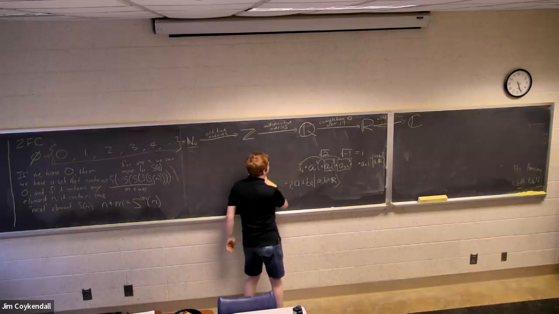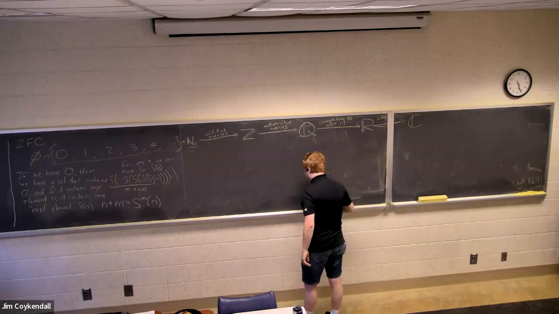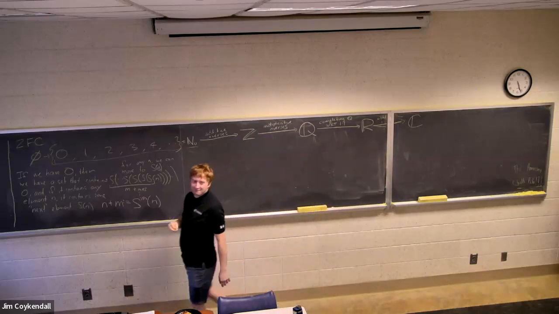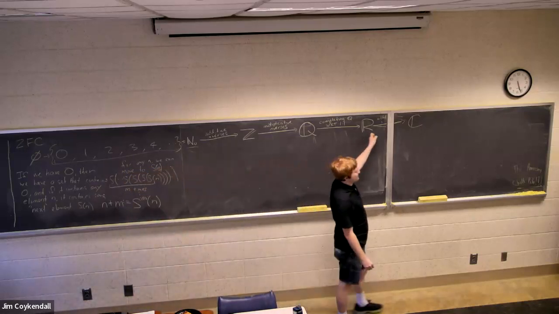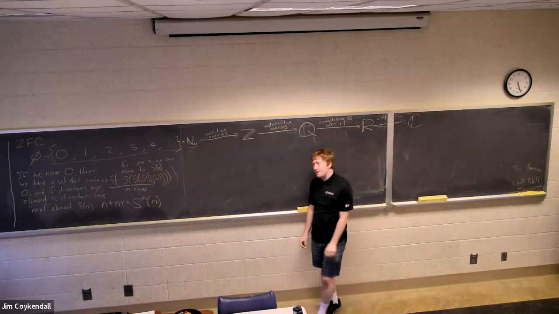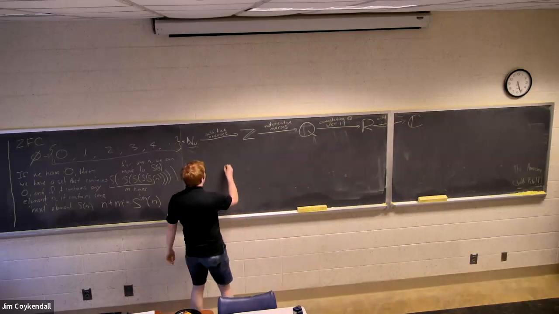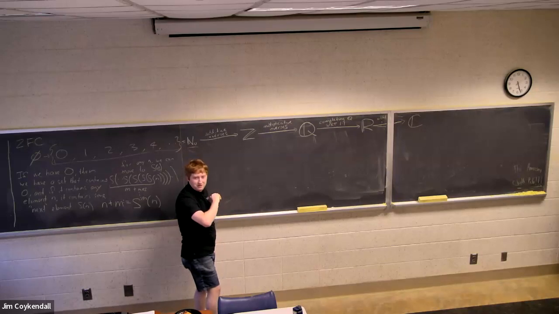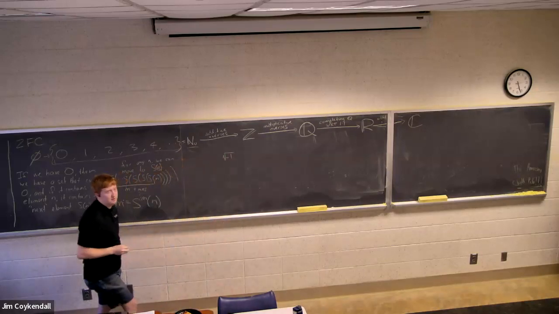Now, surely we're done. Surely this is all of the numbers that could possibly exist. But let's actually take a closer look at this part, this going from R to C. Because if we think about it a different way, instead of saying I want some element to exist that is the square root of -1,